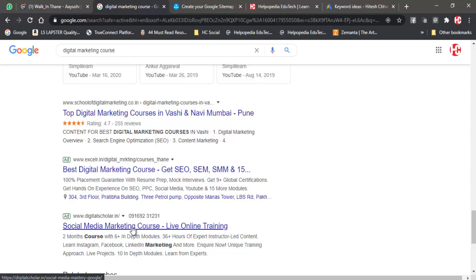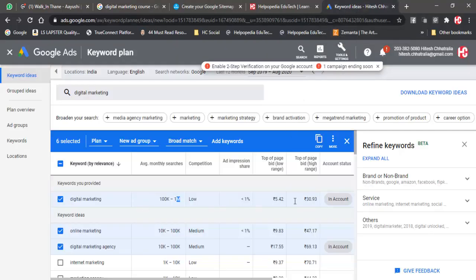Say this person's ad might come up 7 times, and the other person's ad might come up after every 5 ads. Or this person's ad might come up after every 5 ads, and the other person's ad after every 10 ads. So that frequency rotates. Every time a person opens it, different ads would come up. If you close the browser and open it again, you will see a different set of ads. So everybody's ads are seen, and we don't need to worry about it.